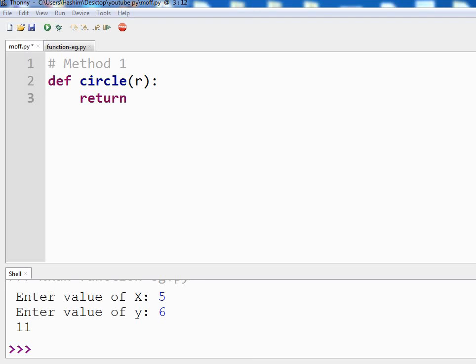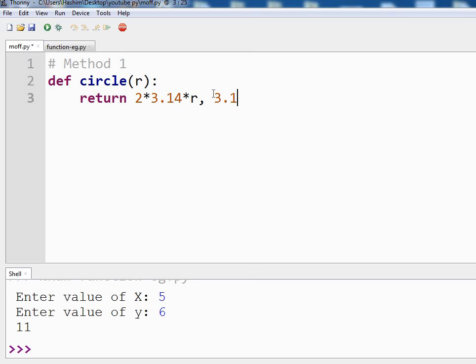So let us write the formula of circumference first, that is 2 pi r. So 2 into, and for simplicity we are taking the value of pi as 3.14, into r. Next let us calculate the area, which is pi r square.